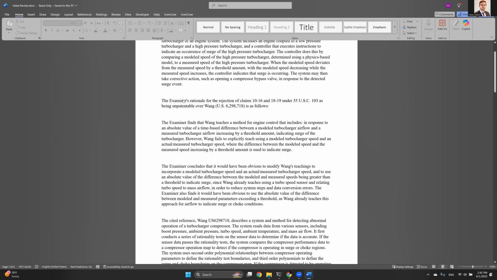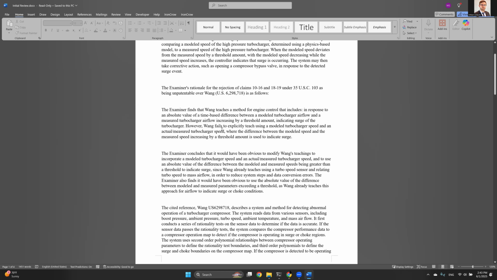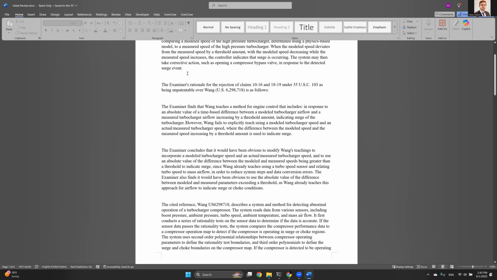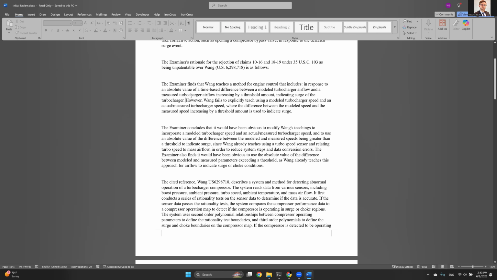So the examiner, it's going to summarize the rationale that the examiner uses to support their rejection as well. So the examiner finds that Wang would teach a method for engine control that includes this list of features. However, Wang fails to explicitly teach using model turbocharger speed, and then uses an additional reference, I think, to support that. So summarizing in,